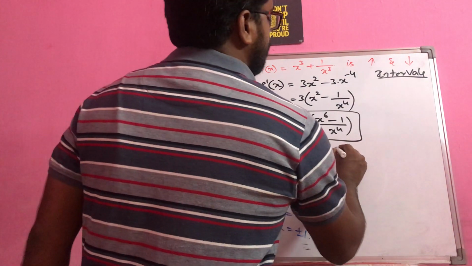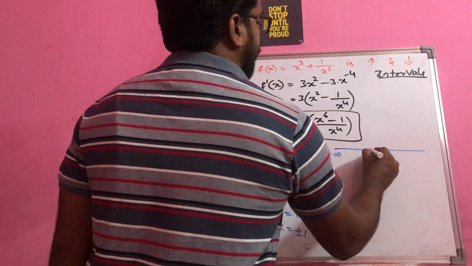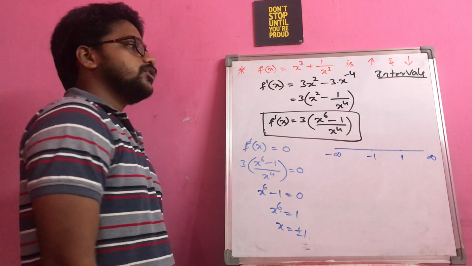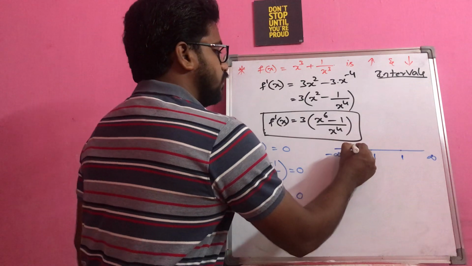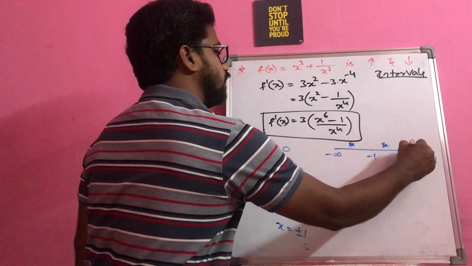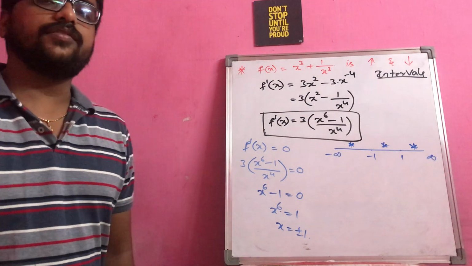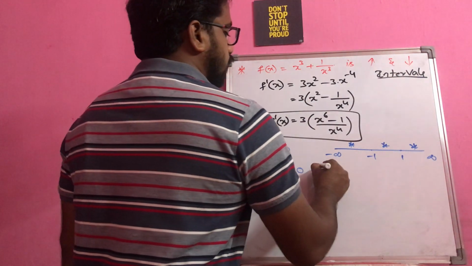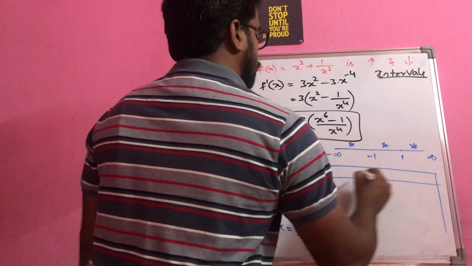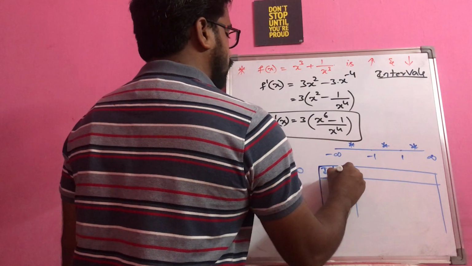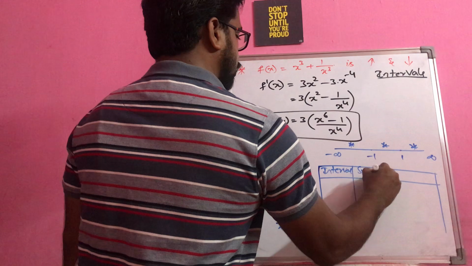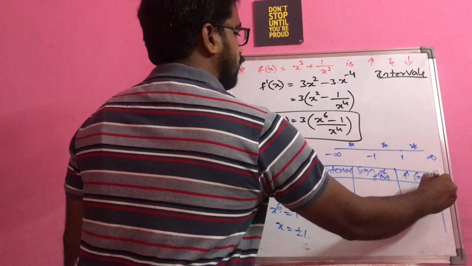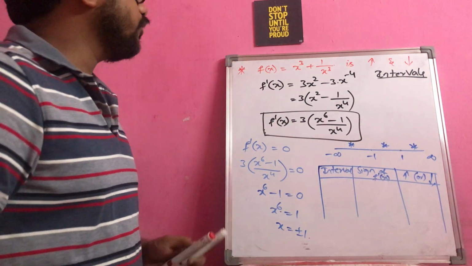So when you represent this on the number line, you will have minus infinity, somewhere minus 1 and then 1, and then infinity. So now you have 3 intervals here. This is the first interval, second interval and third interval. Now you have to identify where the function is increasing and decreasing. Okay. As we learned already before, let us make a tabular column to find out the intervals as well as the sign of f dash of x, because of which you will come to know where it is increasing or decreasing. Okay. So now let us try to fill in this.